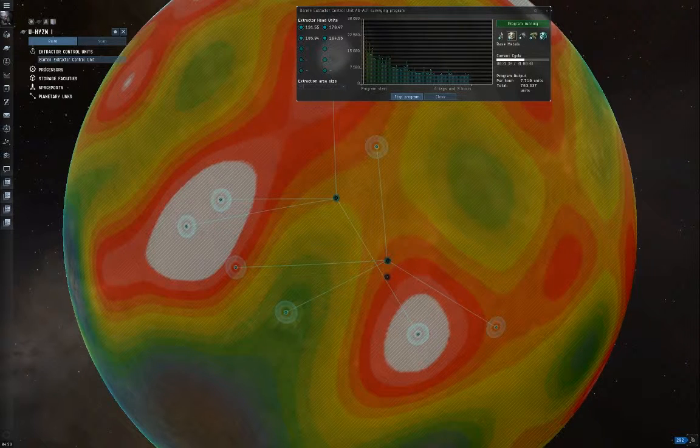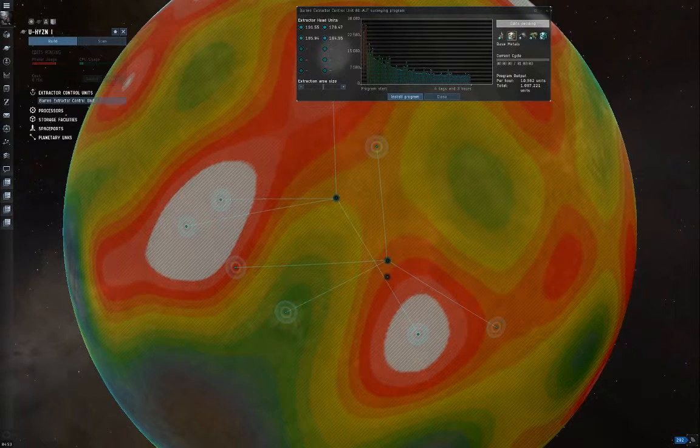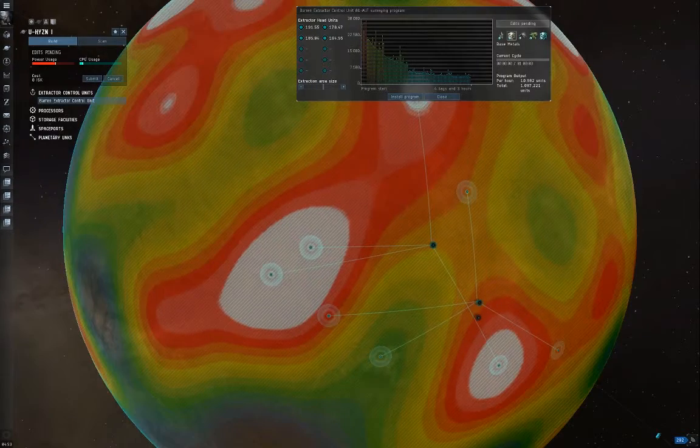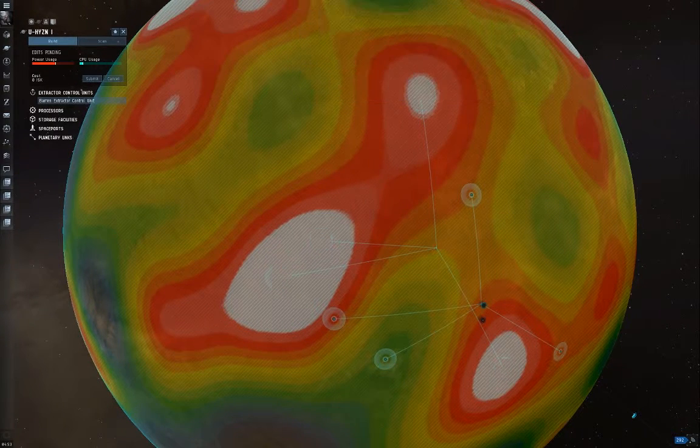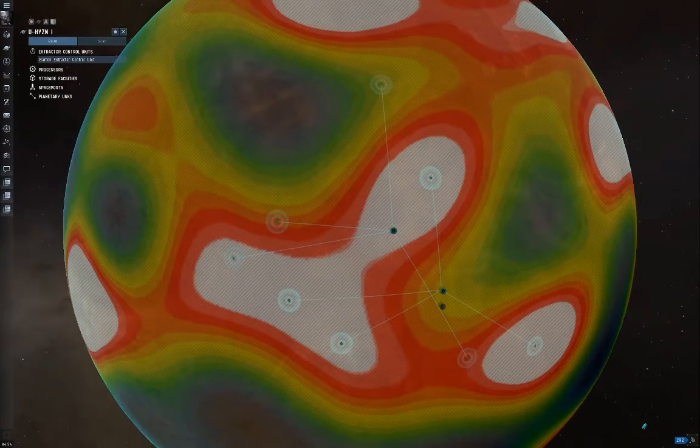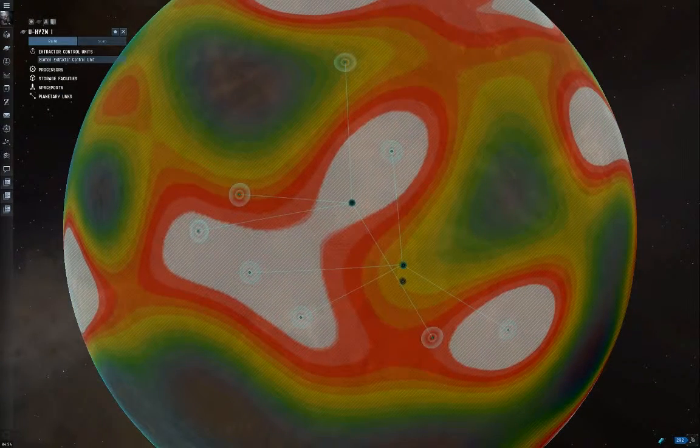So I'm going to actually stop this program. And I'm going to move around some of these extractor heads until I get around 11,000 units per hour. And that does it right there. Going to install the new program and submit it. So now both my extraction control units are producing just about the same amount of material,